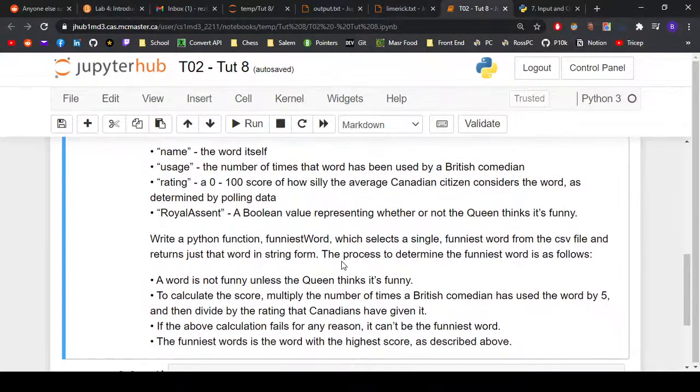And the problem gives us some conditions to constrain ourselves in order to find out what the funniest word in the whole list is. So this function that we write is going to select the single funniest word from the whole CSV file and return it as a string. And here's how you find out which word is the funniest. So immediately, a word is not funny unless the queen thinks it's funny. And this means that you can automatically rule out every single word in that file which has royal assent set to false. Because if it's false, then the queen does not think it's funny,